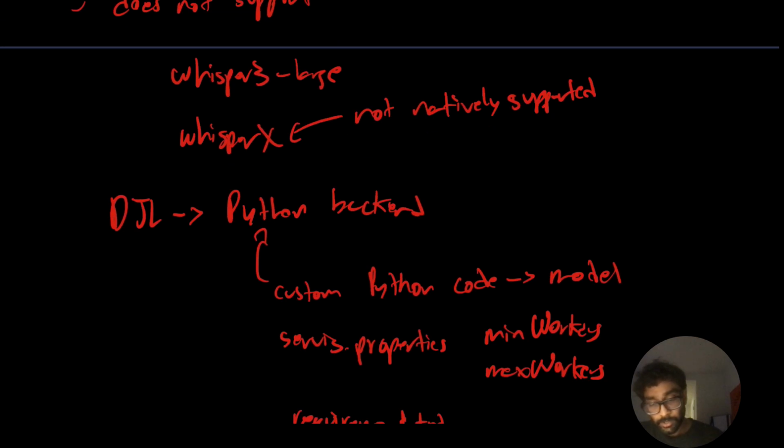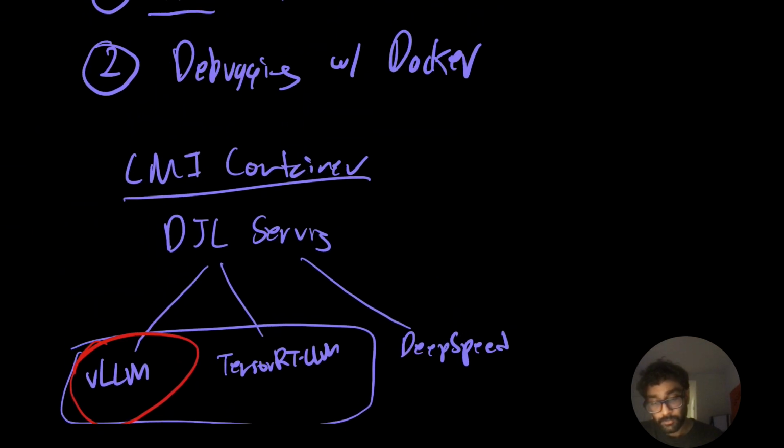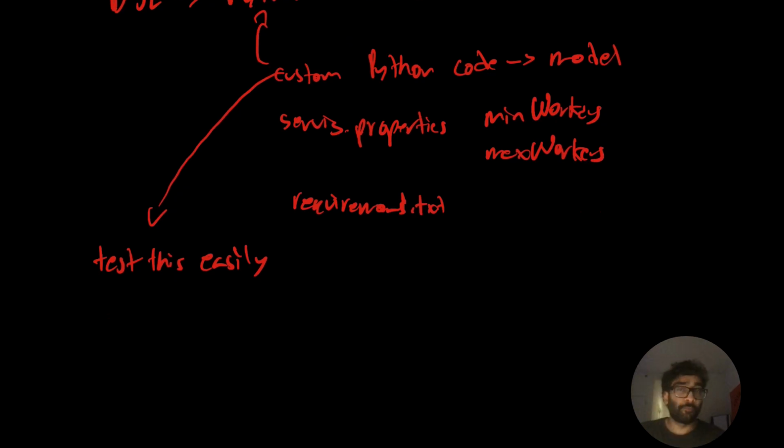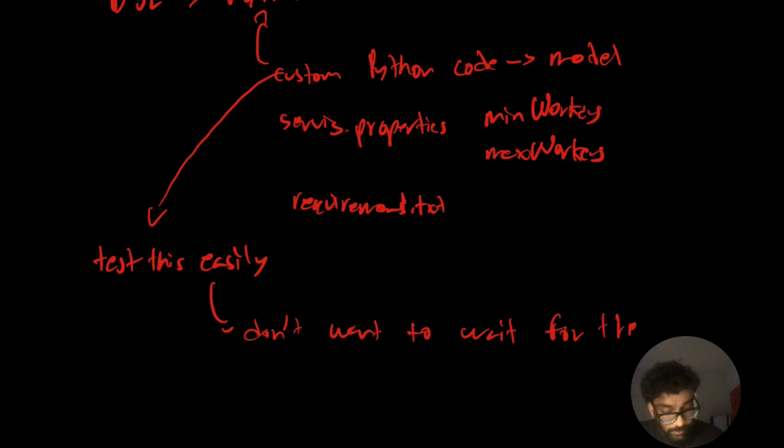And the reason I brought up the second point in terms of Docker, why I want to revisit that, is when we have custom Python code, we want to be able to test this easily. Especially as we adjust maybe our model loading or model pre-processing and post-processing logic, we want to be able to iterate on this and test any changes. We don't want to wait for the SageMaker endpoint